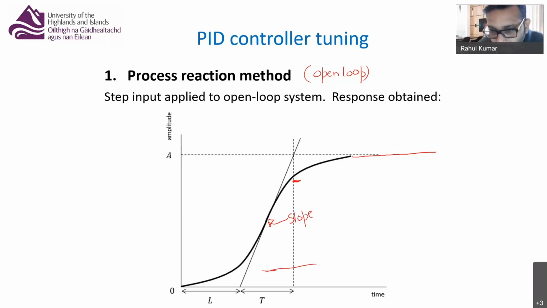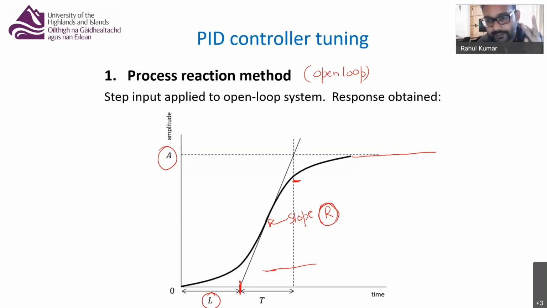Okay, so we draw a line, and the slope is represented by capital R. So we draw a line touching this curve and extend it all the way to the x-axis. So we have the value of amplitude, we have found the value of slope, which we are calling R, and the point at which this line cuts the x-axis, we measure the length, the distance from 0 to this point where this line is cutting the x-axis.